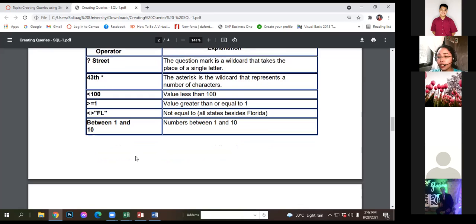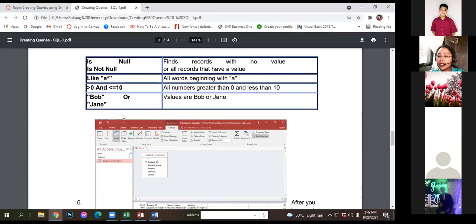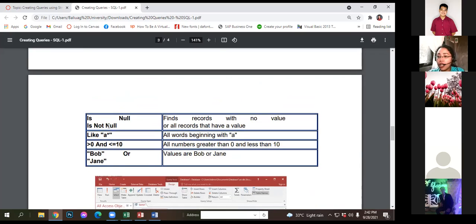Okay? Now, another one is is null and is not null. Okay? As in, itatype po natin is null tsaka is not null. So, ang ibig sabihin po ng is null, yung walang laman. Okay? Wala po siyang value. Tapos, yung is not null, ibig sabihin naman po, meron siyang value. Okay? So, iyon. For example,